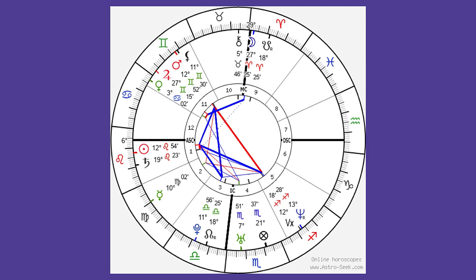Now let me move to another chart. This is a chart that I pulled up on astroseek.com, which is a free website. This is just a random chart that I pulled up. You'll see in this chart that Leo is the first house. Leo is the ascendant. So this chart will show Leo as the starting point, and then Virgo will be the